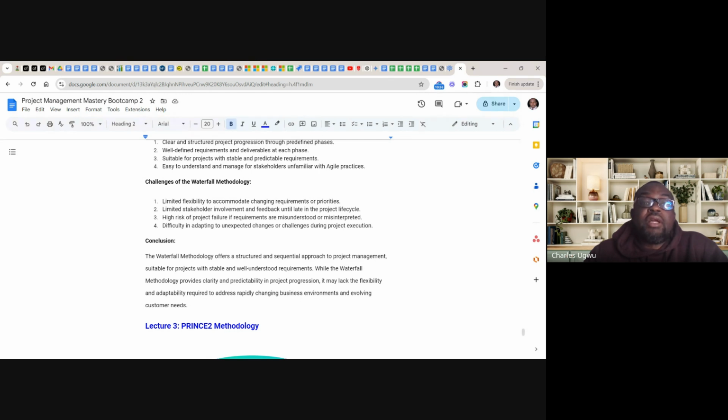But the flexibility is not here. You have to go through due process in Waterfall, and it is a bit bureaucratic and a bottleneck, and it delays projects. These are challenges we have in